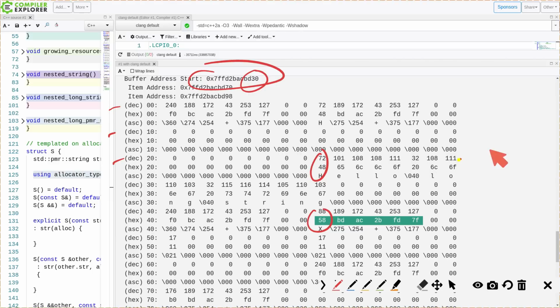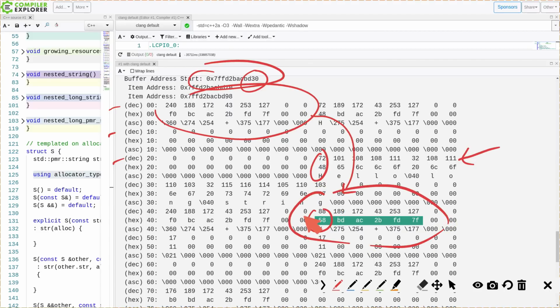This hello long string was allocated once. It was given a fixed place in memory. And our string object itself actually moved, though. It moved from here down to here. And we shouldn't be surprised, because of all those examples in the last video, we were showing how memory is never actually freed when we're using this monotonic buffer resource. But what we're actually also starting to see is that we've got this thing